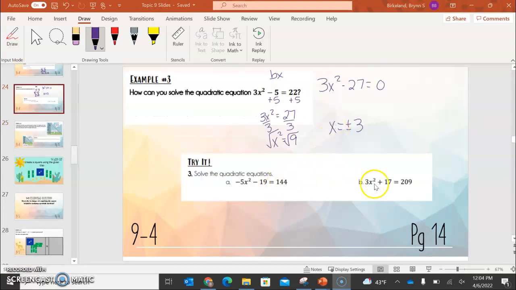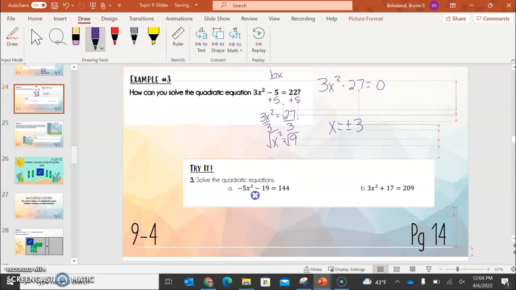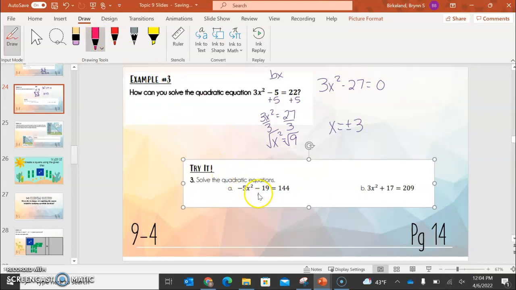One final little solve here. We could go ahead and add 19 to both sides here. So if I add 19 to 144, 163, and now if I divide by a negative 5,